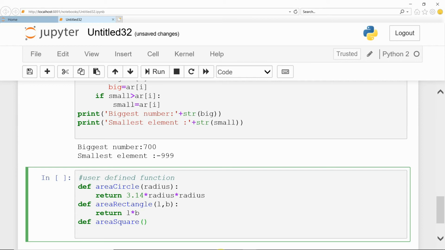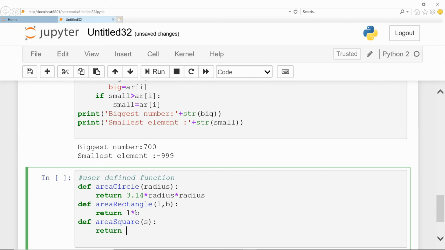You need one side. Here return S into S, because the area of the square is side into side.